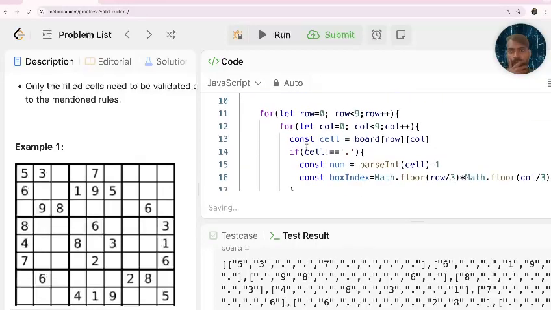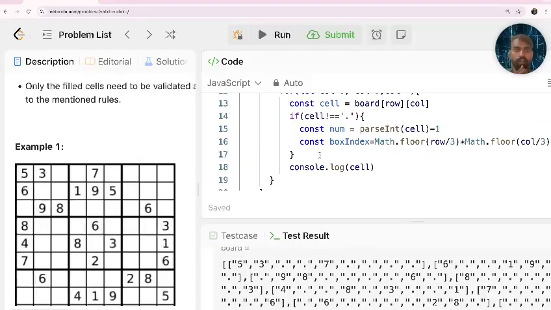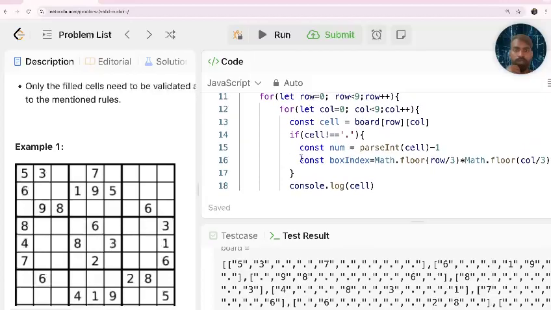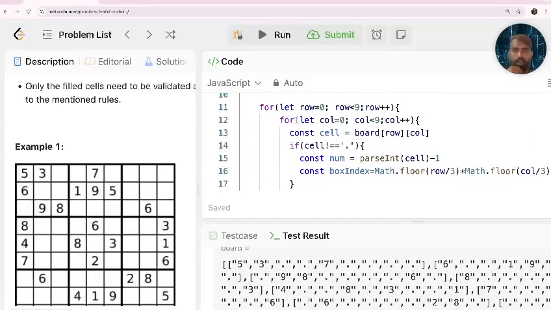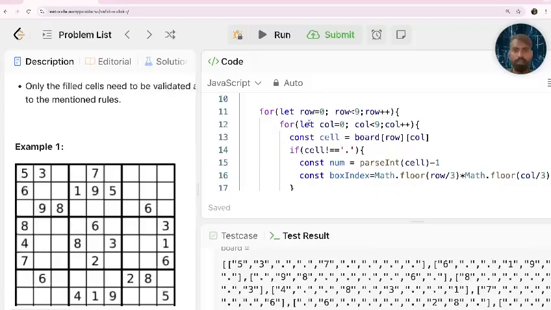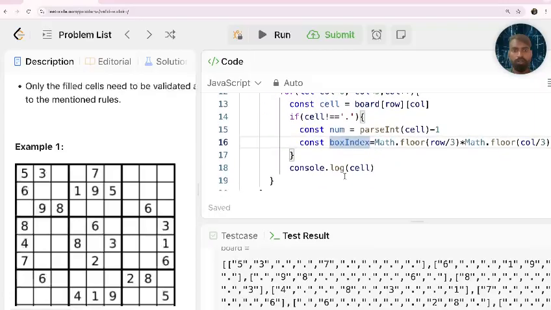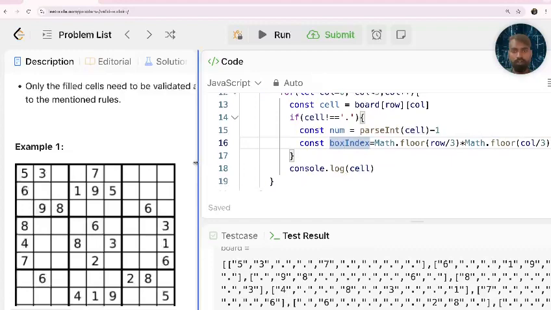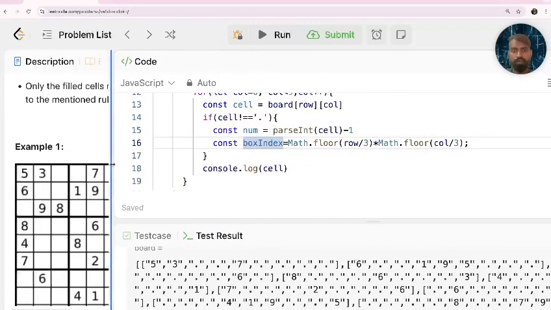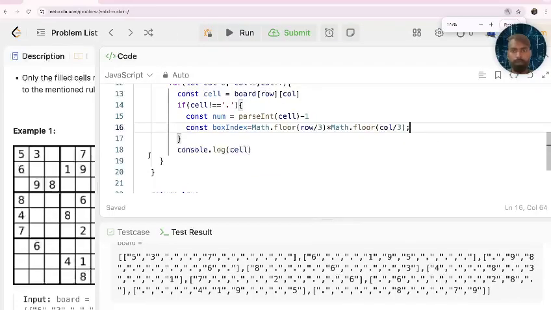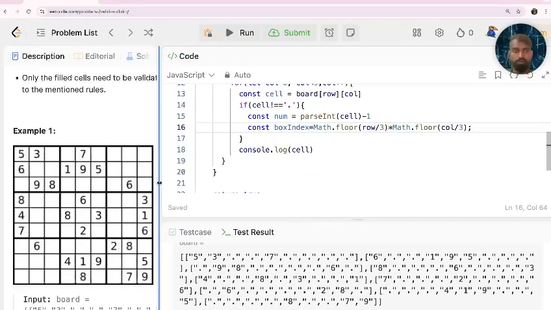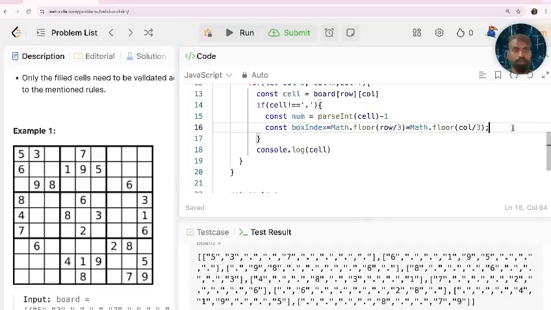Okay, we got all the three indexes and values, the row index, column index, and box index. Now we need to check their values, correct? Now for checking those values, what are we going to do, what next are we going to do here, we are going to check if